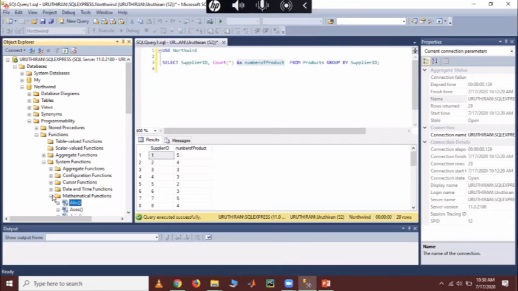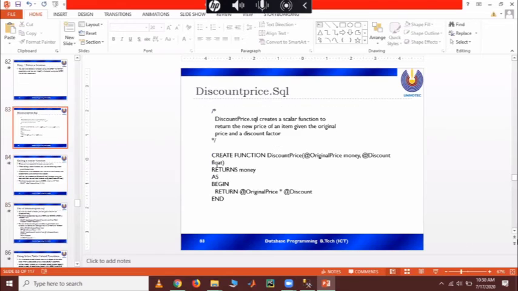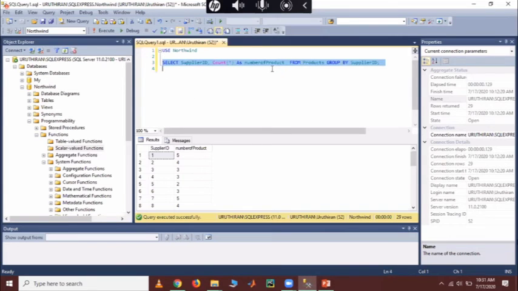Now you can see there is no function. Now I want to create this function first. What is the name? Create function with the name discount price. Inside it returns money, and some calculation is there. This is our own function. Then I use the Northwind database.